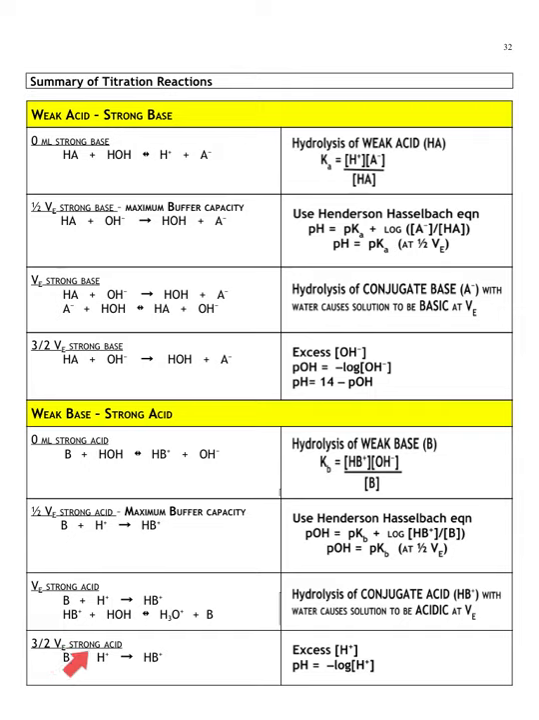Beyond that will be an excess of hydrogen ions because there's more strong acid than weak base. And so the excess acid is what's going to determine the pH of the solution. So this summarizes everything in your two different scenarios of titrations, a weak acid with strong base titration versus a weak base with strong acid titration. All right,